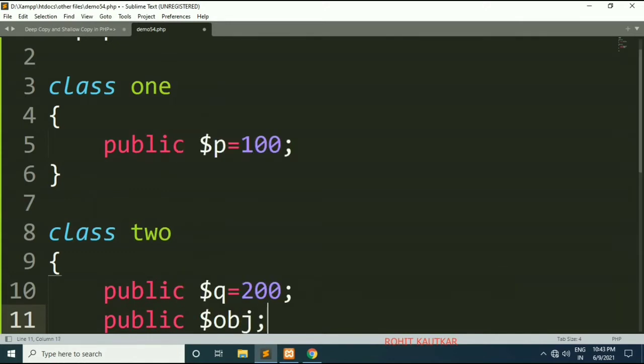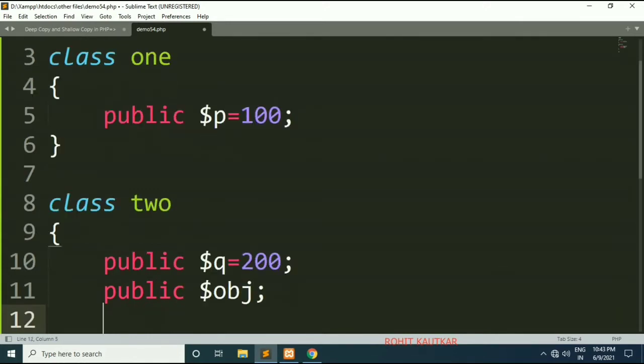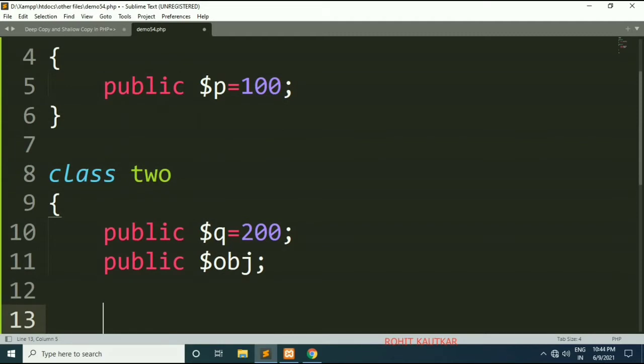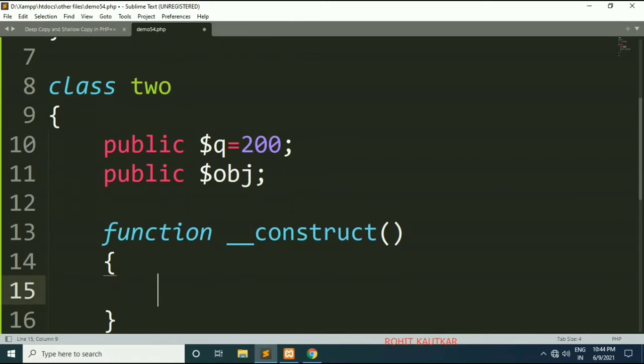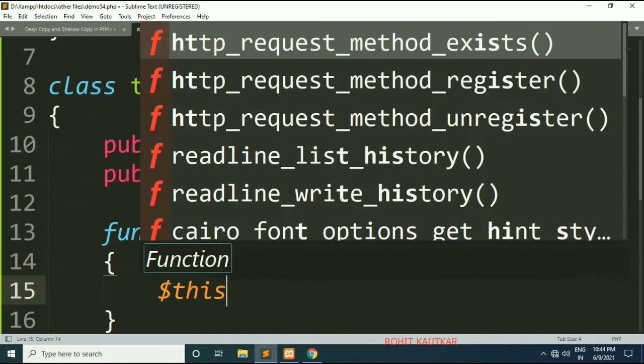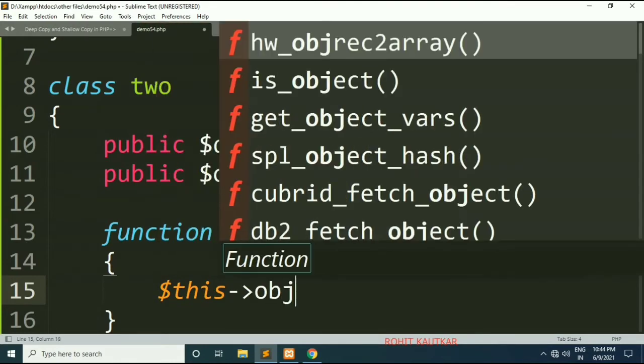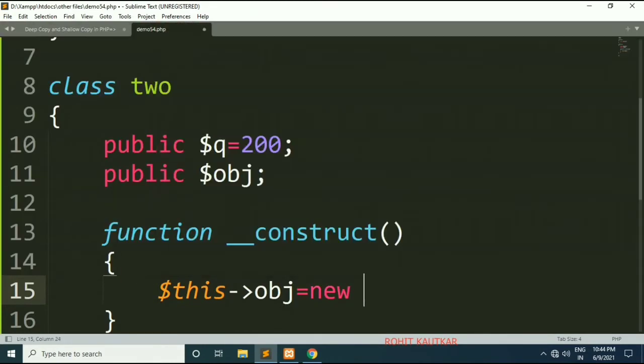So let's say obj. Now within the constructor of this class I will specify the instance of class 1. So I will write this obj is equal to new class 1.